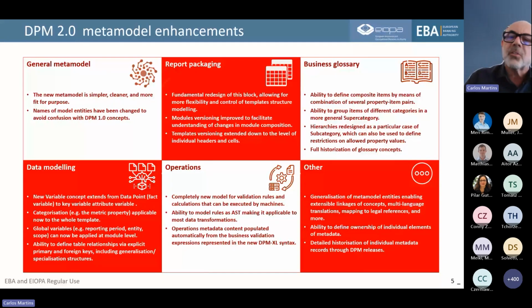I will come to this later. Then there are other aspects in the model, like dealing with translations, dealing with the ownership of individual elements of the metadata, and the management of releases, which was also very much improved.